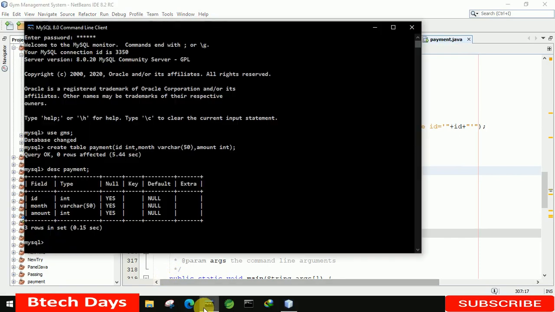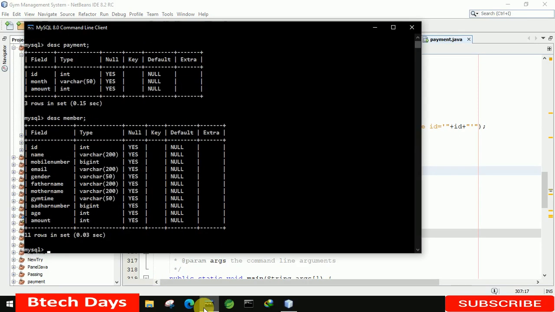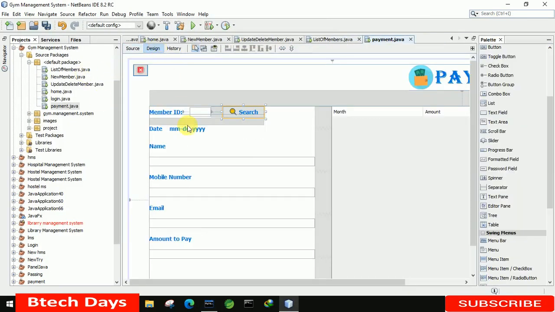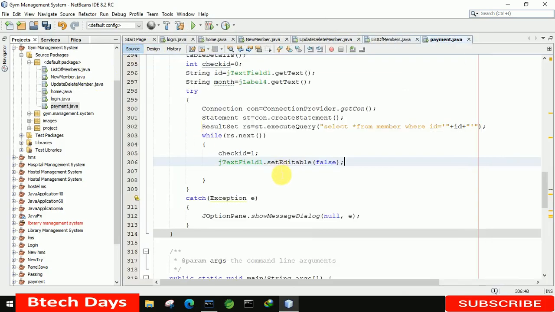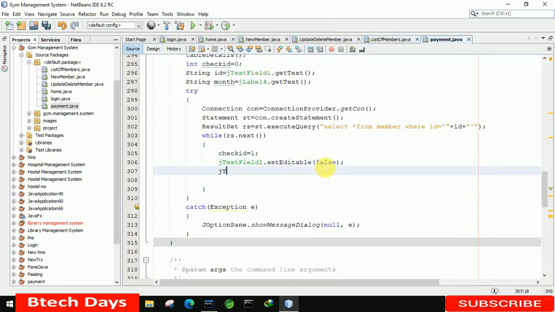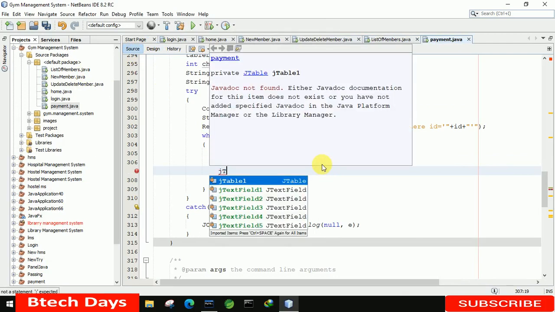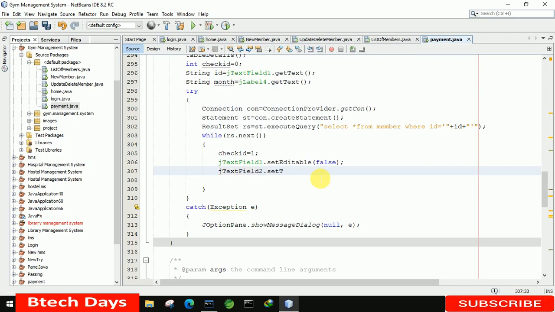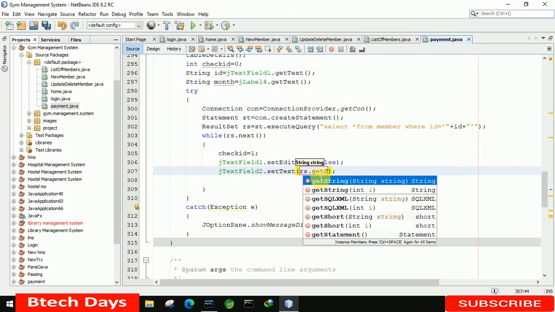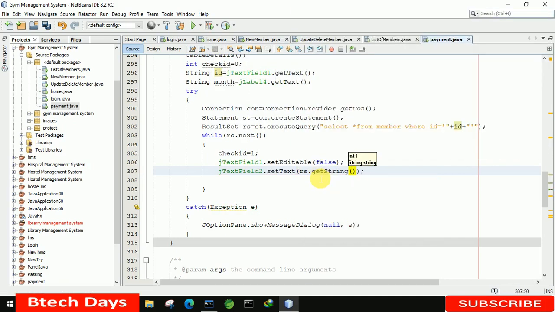So first let me open the database. DESC, description of table member. Okay, what we need to display here: name, mobile number, email, and amount to pay. So we will go in sequence with jTextField, and the text field should be 2 dot setText. Right now let's copy this text field, with rs.getString, and that should be 2.